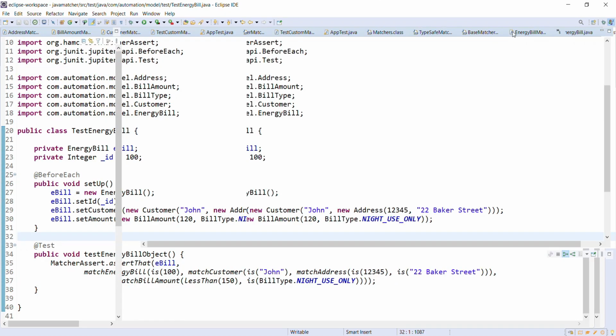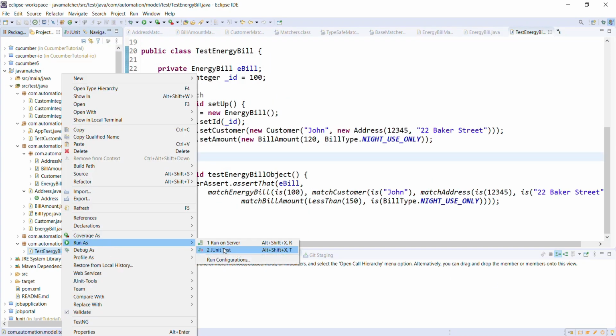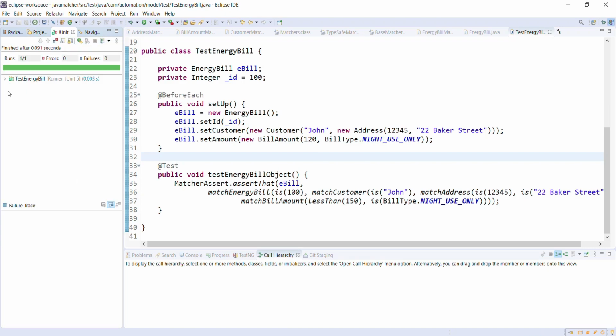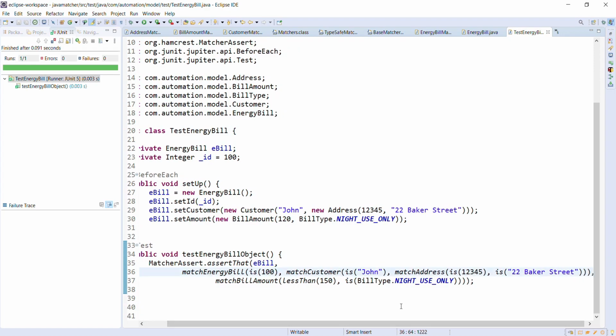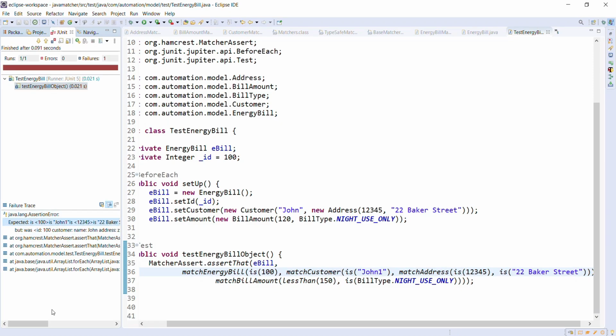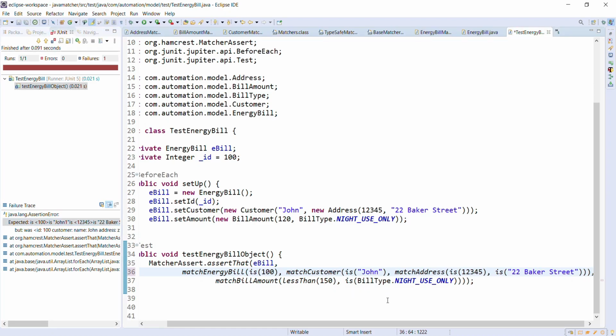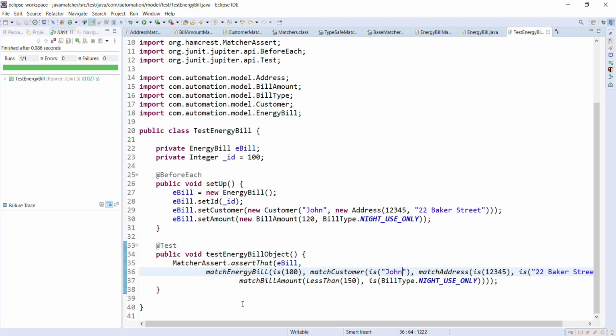So let me go ahead and run this test. So our test is passing. So let me change the parameter value of this. In this case, our test will fail. Okay, so this is the message. So in this manner, you can create the custom matcher for validating the content of the complex objects.